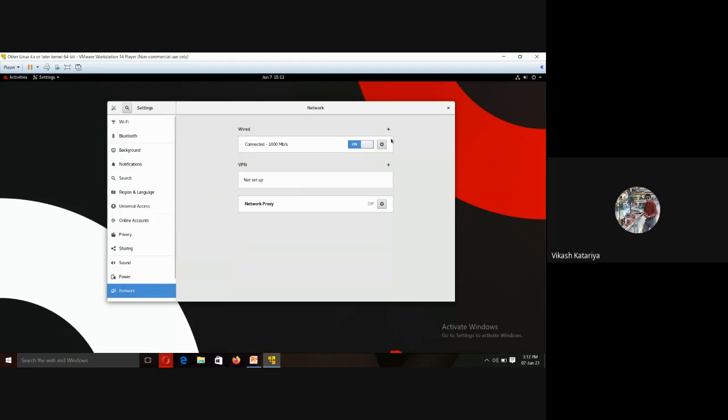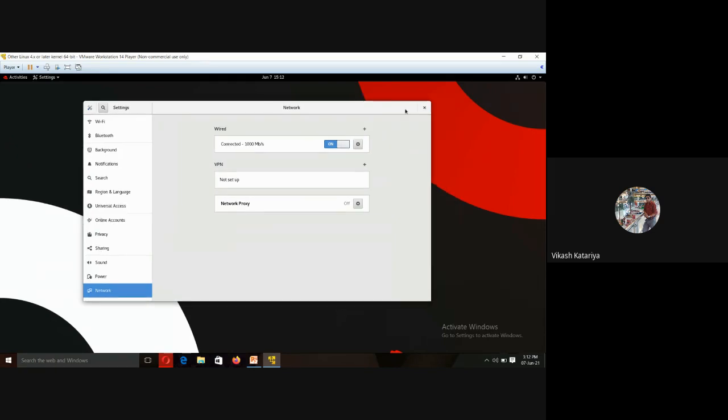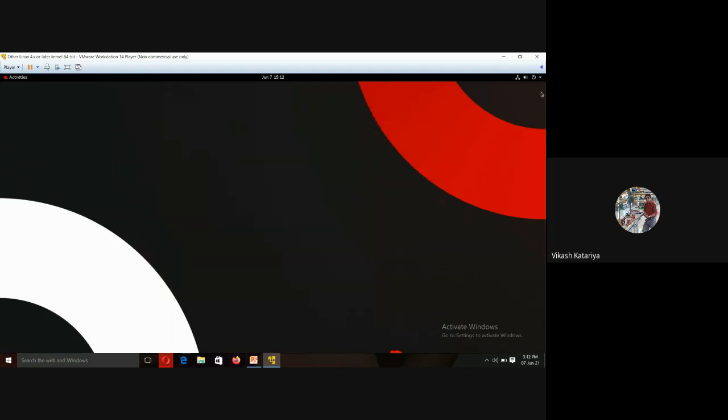So this is the graphical user interface of Red Hat Linux. It is quite easy as compared to Windows. As you configure all things in the Windows operating system, similarly you can configure them in a Linux machine also. Now here is the shutdown and restart button, the lock screen option, and the setting option.